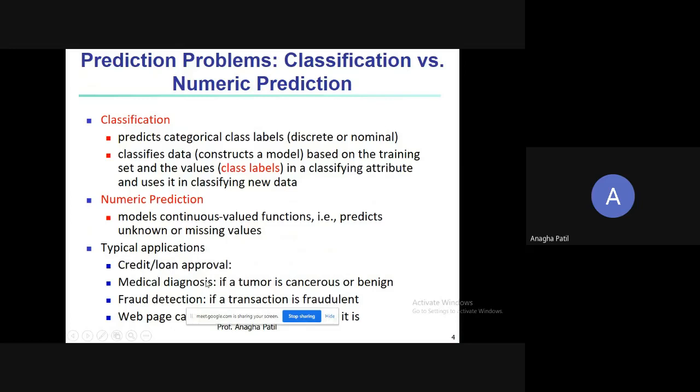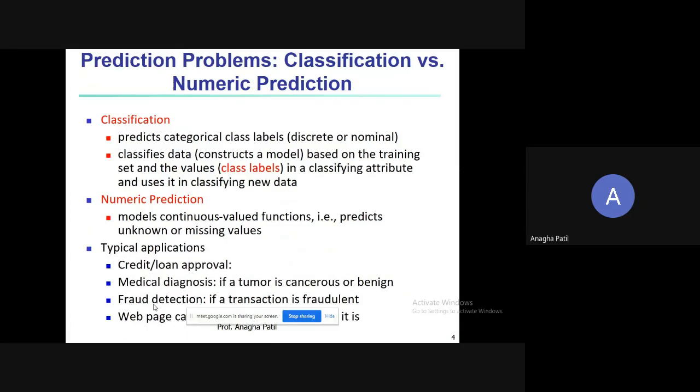Similarly in the medical field, the parameters related to tumors are given, and then you can classify whether the tumor is cancerous or just a beginning. Then it can also be used for fraud detection: based on the transaction, whether the transaction is fraudulent or not.